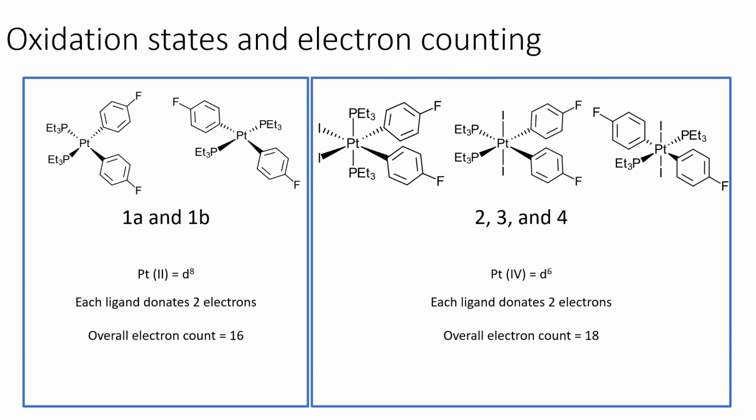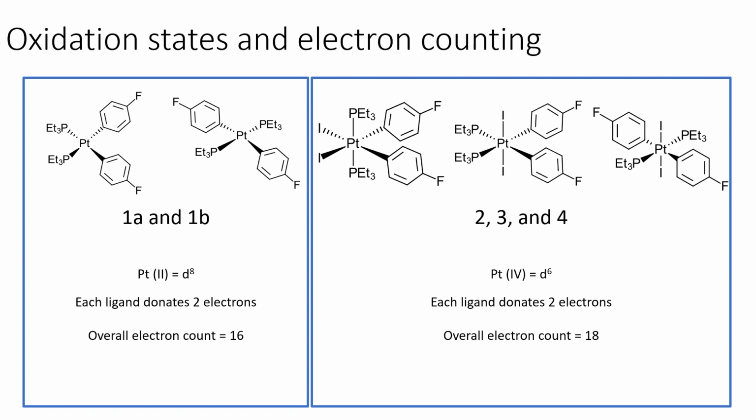Let's first consider the oxidation states of the platinum in these complexes and do some electron counting. The platinum in the precursor molecules has a d8 configuration and thus contributes 8 electrons. Each of the intermediate and product molecules are platinum 4 complexes, meaning they contribute 6 electrons each. Each ligand donates 2 electrons. On 1A and 1B, this leads to 8 overall donated electrons, and on 2, 3, and 4, this leads to